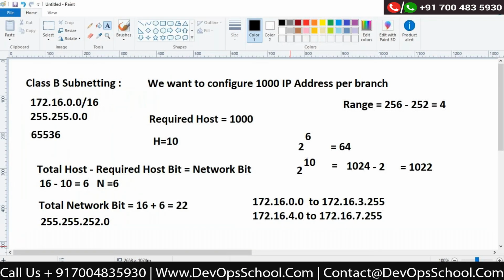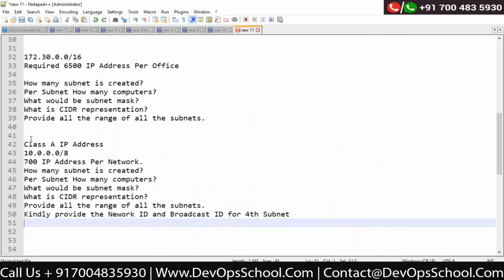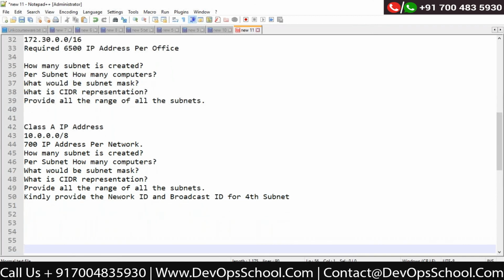That's it. Now there are multiple formulas available for class A, class B, class C. However, this is a very simplified way to handle it. Correct? So let's try to solve this example now. This belongs to class A. I don't need to explain the same thing again for class A as well. Try to fit the same example and give me the answer